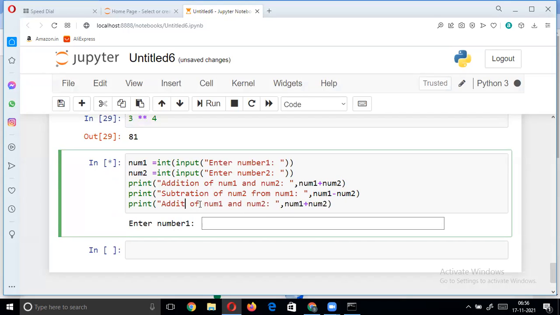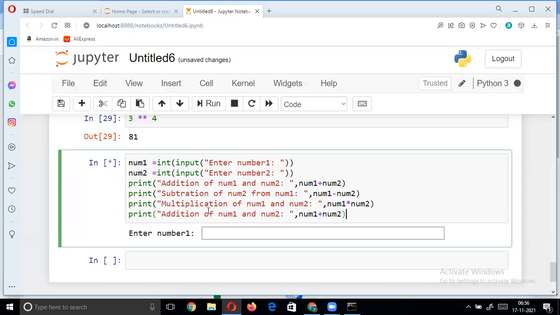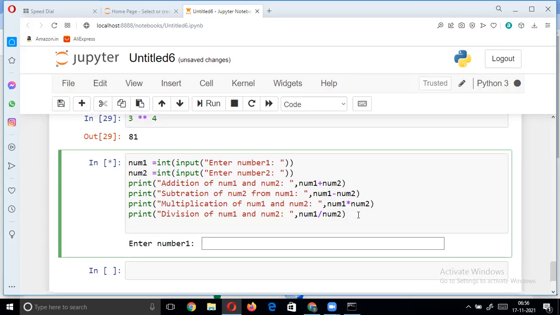Multiplication of num1 and num2. In the same way, division of num1 and num2. Floor division of num1 and num2.